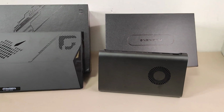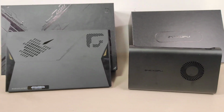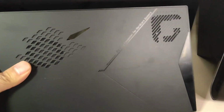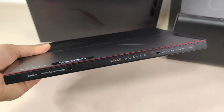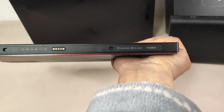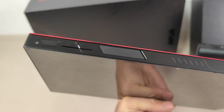And the left one is the Onexplayer Ultra7 gaming pad, a gaming PC, and the right one is the independent GPU device, also from Onexplayer. This is the first multifunctional gaming pad powered by Intel Core Ultra7 and Ultra5. This time the Ultra7 gaming PC uses aluminum CNC technology, and the total weight is 789 grams. As we can see from the front, we can find lots of ports and buttons, and